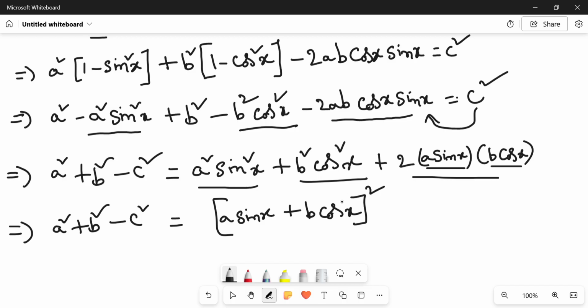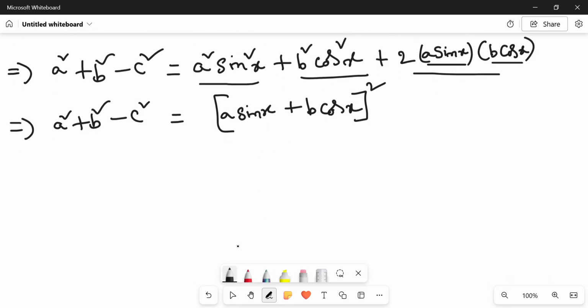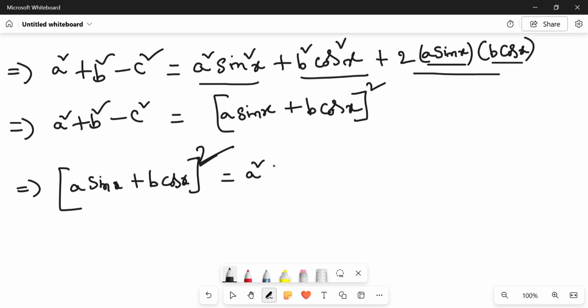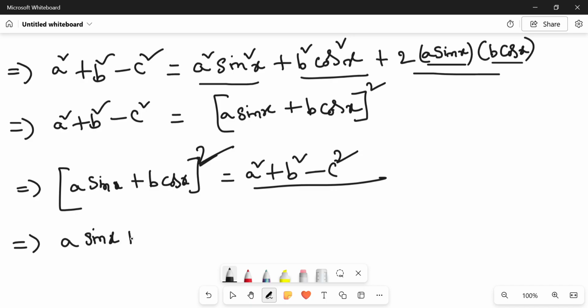So let's rewrite this, the LHS and RHS. Just rewrite this thing on left and right. I can write like this: a sin x plus b cos x, I have this thing as a square. The problem is over. Okay, you have a square plus b square minus e square. If I remove the square, I had to put the square root on this side, right? So if I remove the square, a sin x plus b cos x,